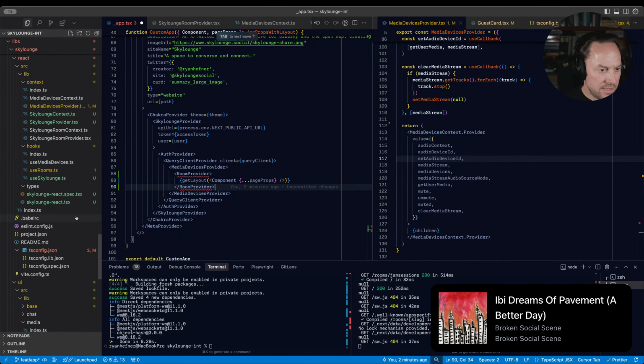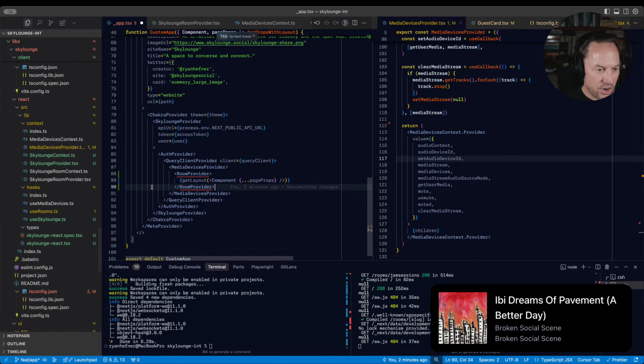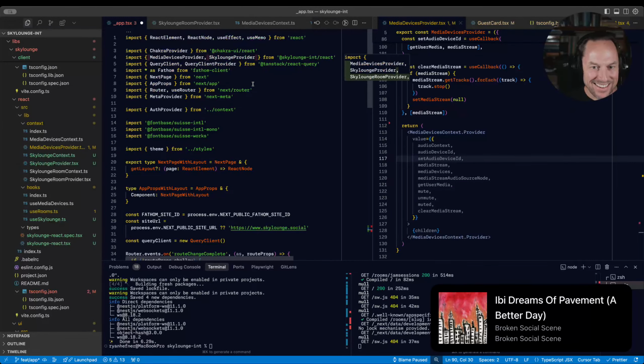So I'm gonna set up... I think I've already convinced myself. Oh, and actually, I even have... I guess I already thought about this. There's just nothing implemented yet. So I do have a Sky Lounge room provider. It's probably not even exported